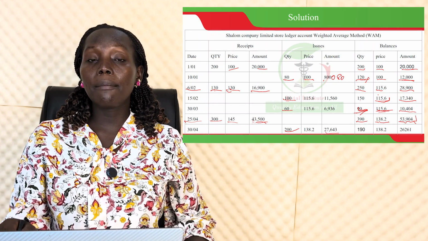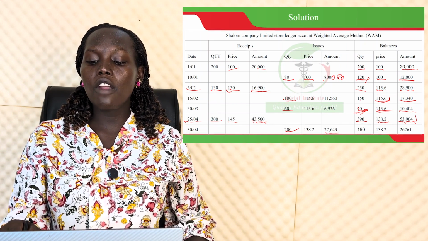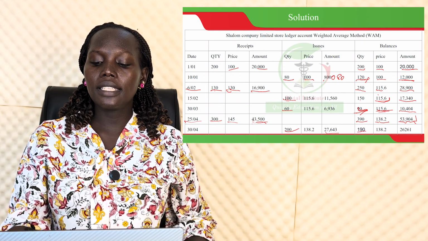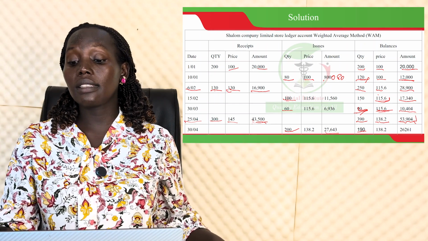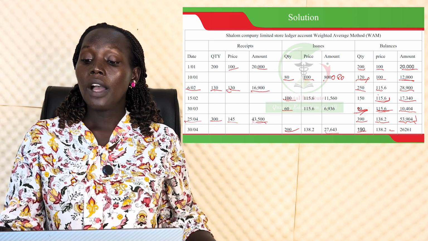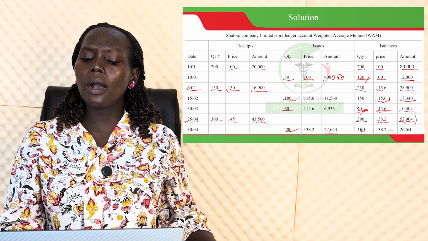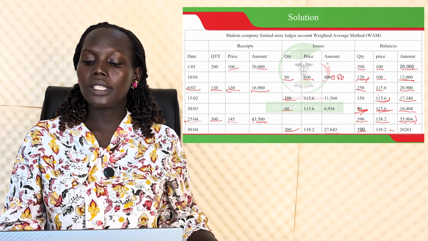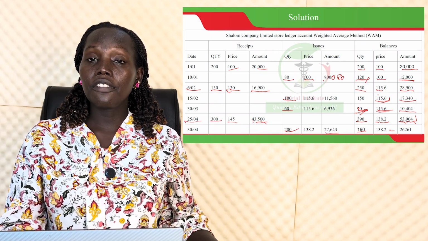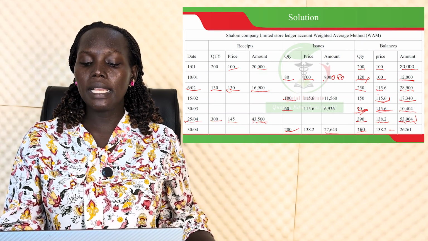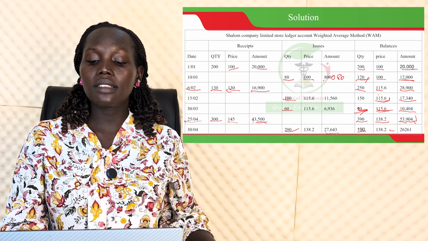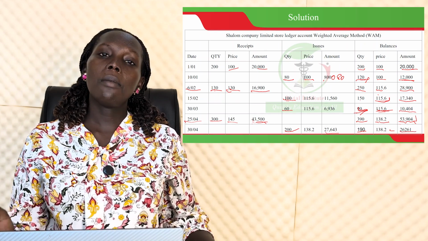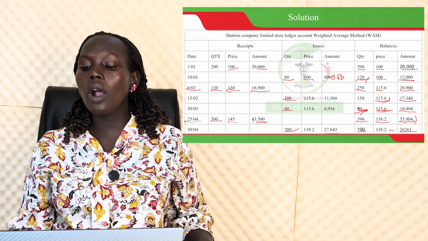27,643. So to get the balance, we subtract: 390 minus 200, which gives 190. So the ruling price remained the same. And the amount, we do the same. We subtract: 53,904 minus 27,648 to come up with our amount. So our amount is